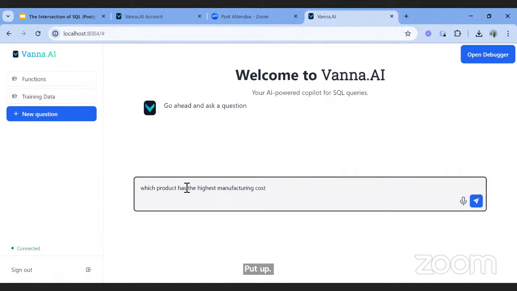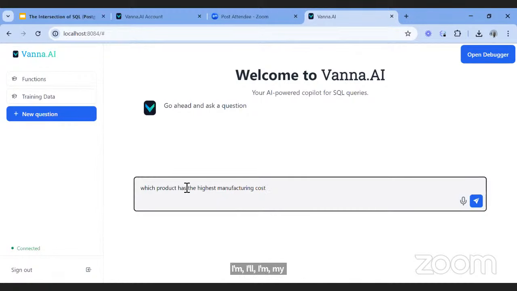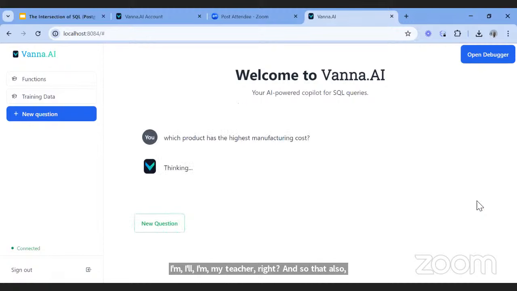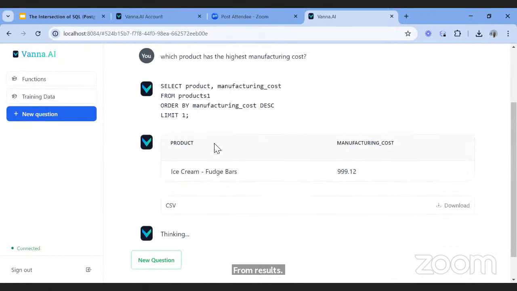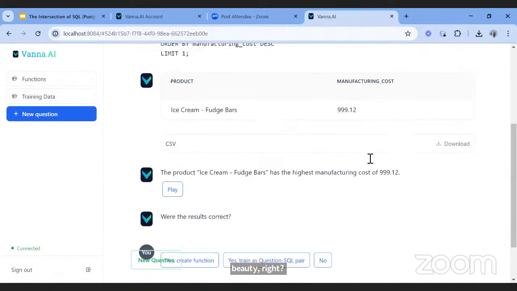Because another thing you need to consider is the fact that I've previously trained my data, right? And so that is also going to be considered when returning some results. So you can see the beauty, in terms of which product has the highest manufacturing cost.